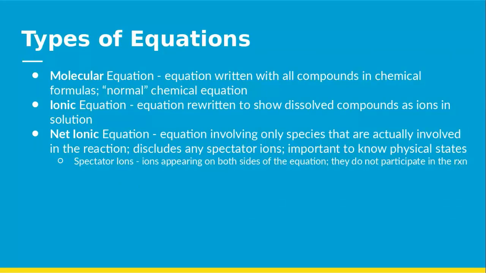Okay, there are also 3 types of equations that we're going to be looking at. So our molecular equation, you guys have seen this time and time again. This is just the regular type of equation. You have all your compounds written out in their chemical formulas. This is the normal way to write your chemical equations, just products and reactants and their appropriate coefficients. So whenever you're doing an ionic equation, you want to show that the reaction is occurring in solution. So it's in